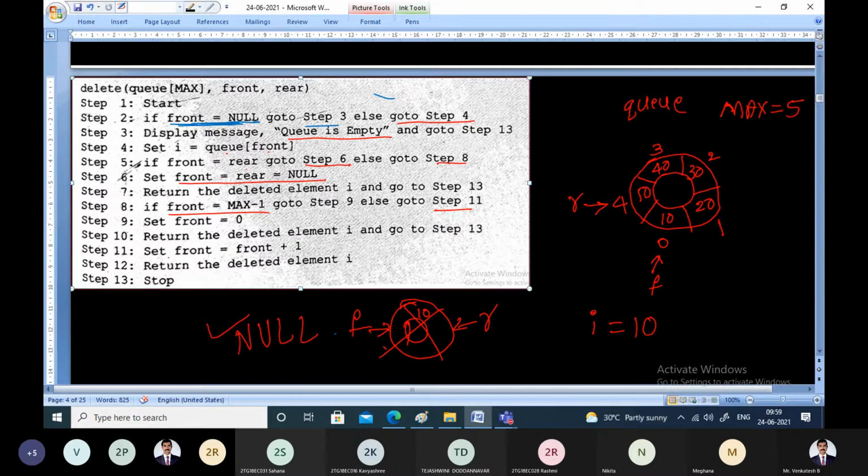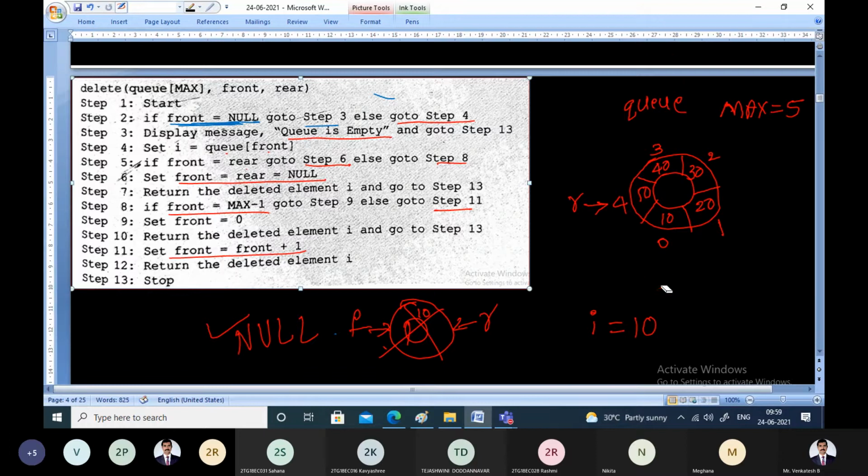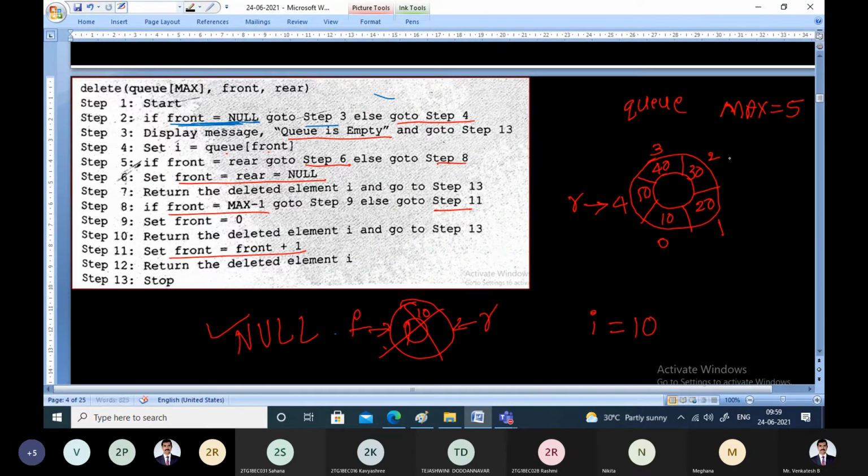In step number 11, we simply increment front and make it point to the next index, because anyhow we are returning the element in the next step. Front has been incremented.